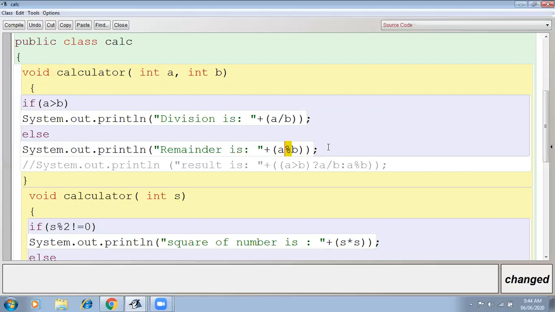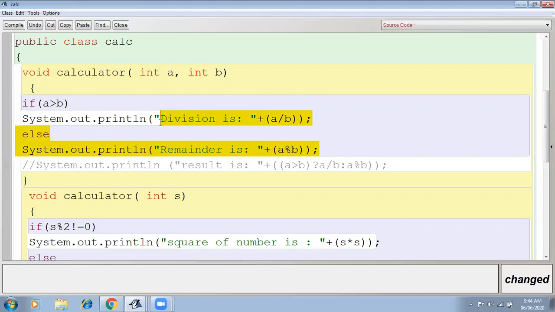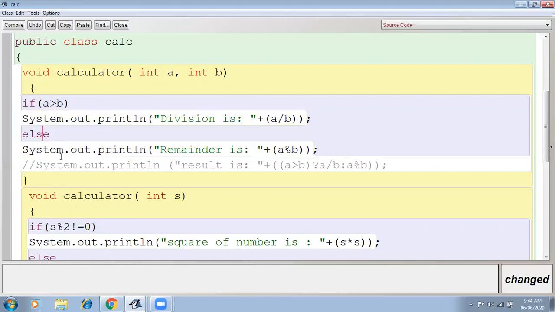Okay, and yes, one more method is also there. Instead of writing this, if you remember the ternary operator, you can use the ternary operator also. It will give you only one line of code. See, if A greater than B, this is the Boolean expression, the first operand, then the question mark. If the condition A greater than B is true, then the second operand A divided by B will be executed.